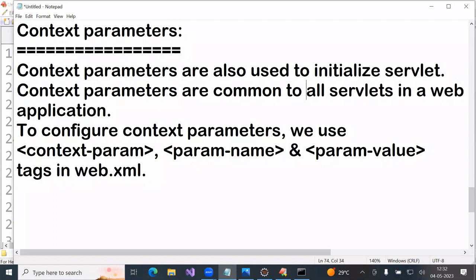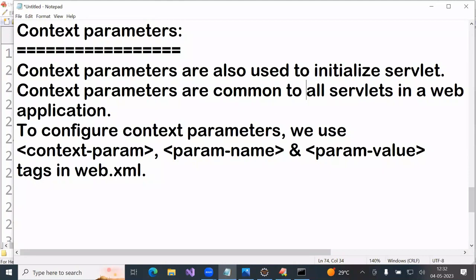Now, 10 servlets are there. One time only you can configure with this. All servlets can use the same parameters. So one time configuration if you use context parameters, because they are common to all servlets in a web application. In our web application, 2 servlets are there: login servlet and registration servlet. Now both servlets can use these parameters,